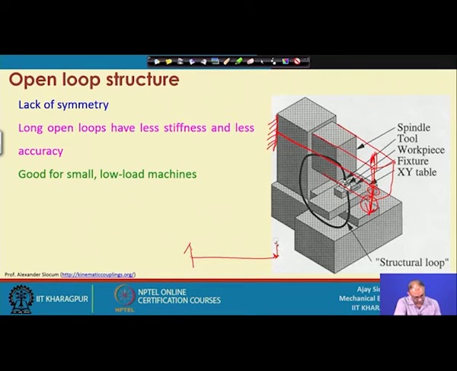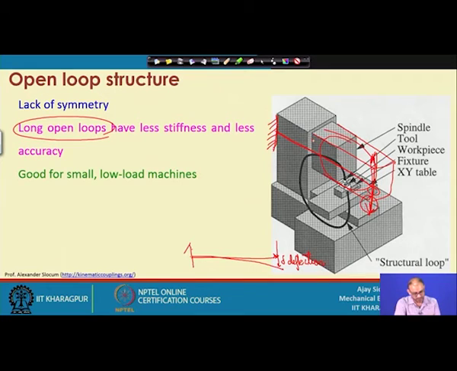Whenever you are moving, it has its own weight also, because we have seen in the scaling law that your cantilever beam will deform because of its own weight also, and because of that you are getting one deflection, that is called delta. So, because of this, what happens, these are called very long open loops, but if it is very small,